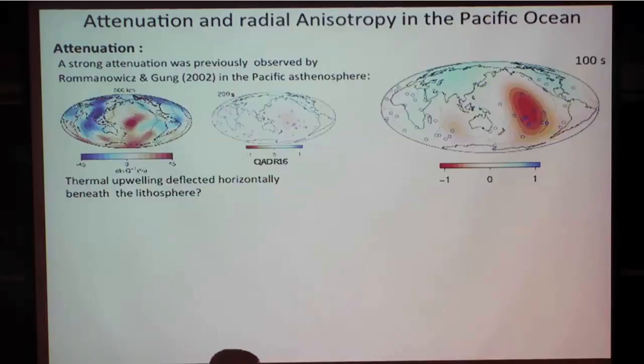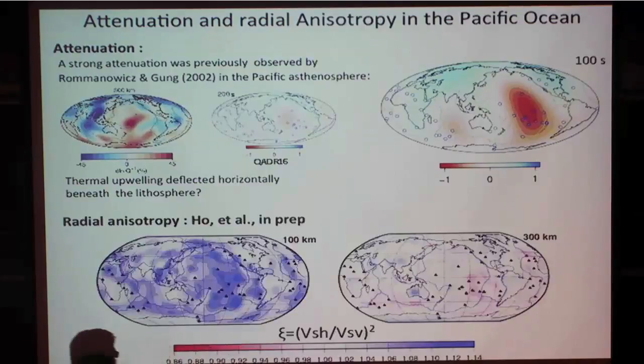But it seems that if it is true, to produce a large anomaly like this, we probably need to have several plumes. If you assume that the plumes will deflect horizontally at the bottom of the lithosphere, and will produce an anomaly which is 1,000 kilometers in diameter, for example. So then,